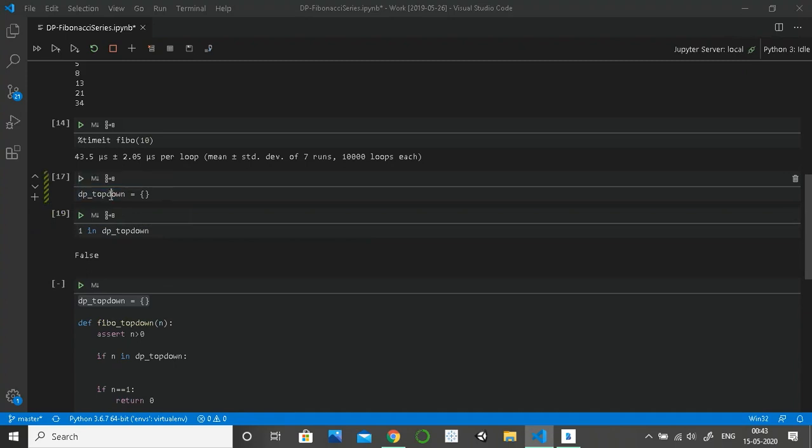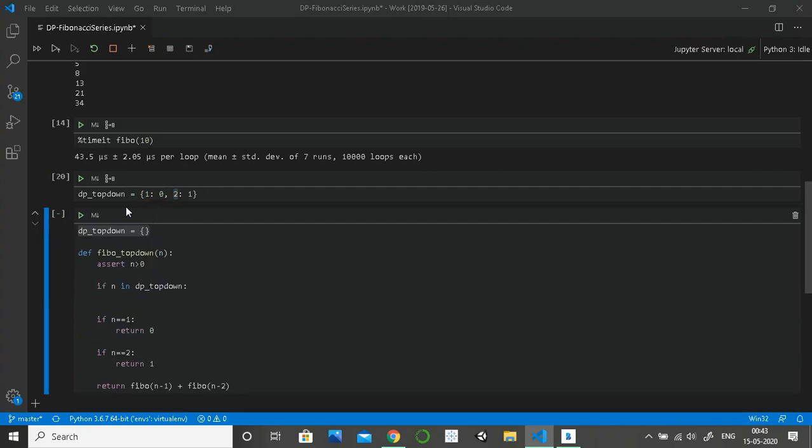No, it is not. But what if I put the first value as 0 and the second as 1? Is 1 in dp? Now it will return True. It is similar to checking the keys. As you might be aware, dictionaries are key-value pairs, so we are just checking the keys when we write it in this format.